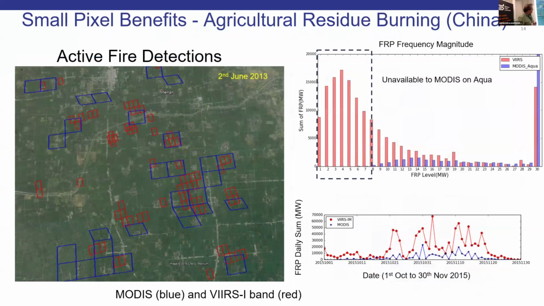Here, when you can measure these small fires you miss with the coarse resolution data, it does make a difference in certain areas. I showed it to you. For example, this was some work done by Tian Zhang in Kings before she went into the commercial world, and she looked at using BIRD and compared it to those over China for agricultural burning. Basically, this is a histogram, but broadly speaking, you couldn't see fires with power less than about 8 megawatts.